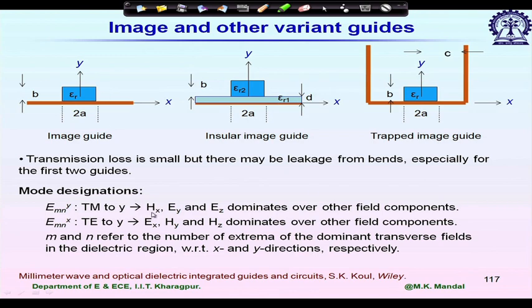So in this case, we have EY component, EZ component of electric field, and the dominant component of magnetic field is HX. So EY and EZ, EY is perpendicular to the ground plane, and EZ is in the direction of